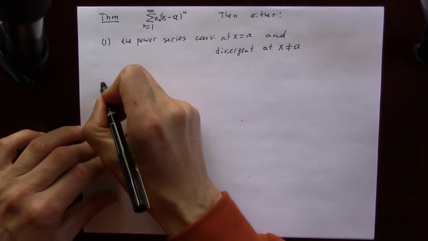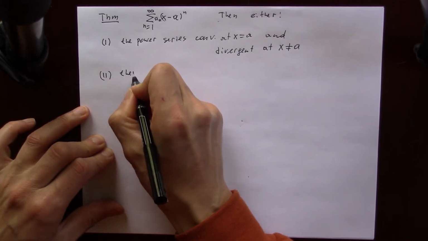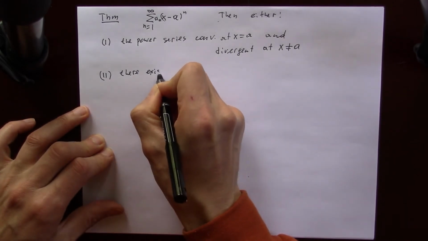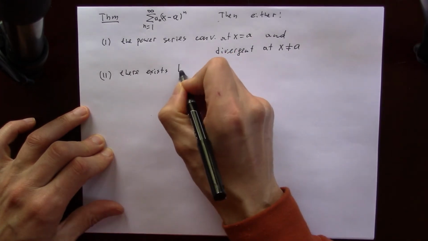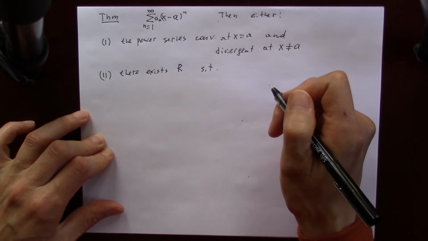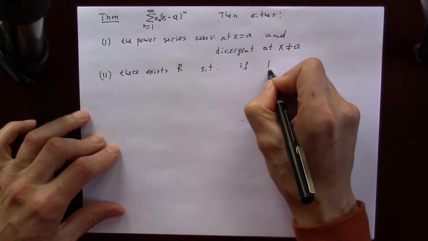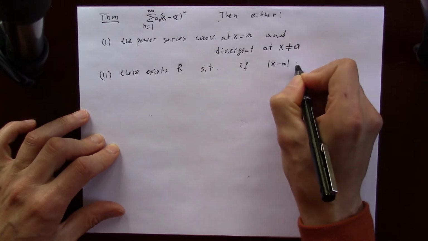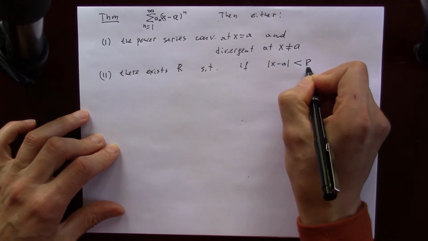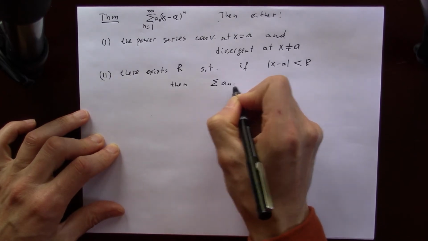Second, there exists a number r such that if the absolute value of x minus a is less than r, then the corresponding power series